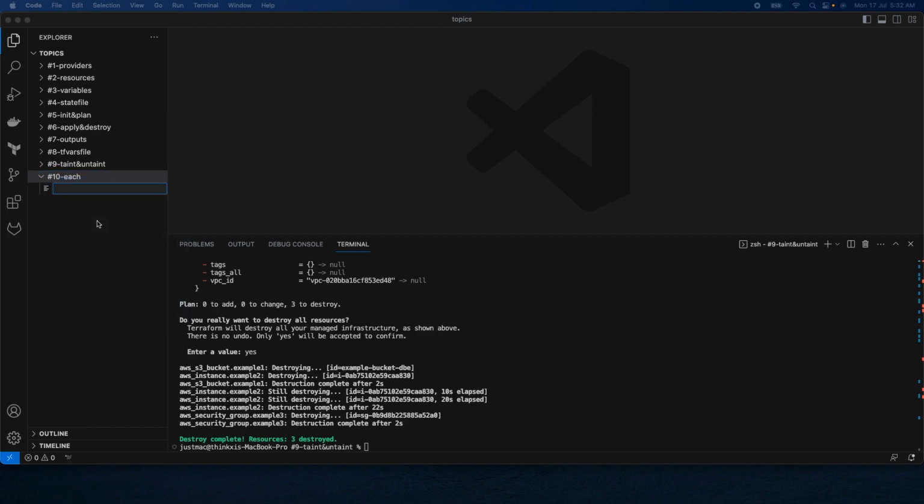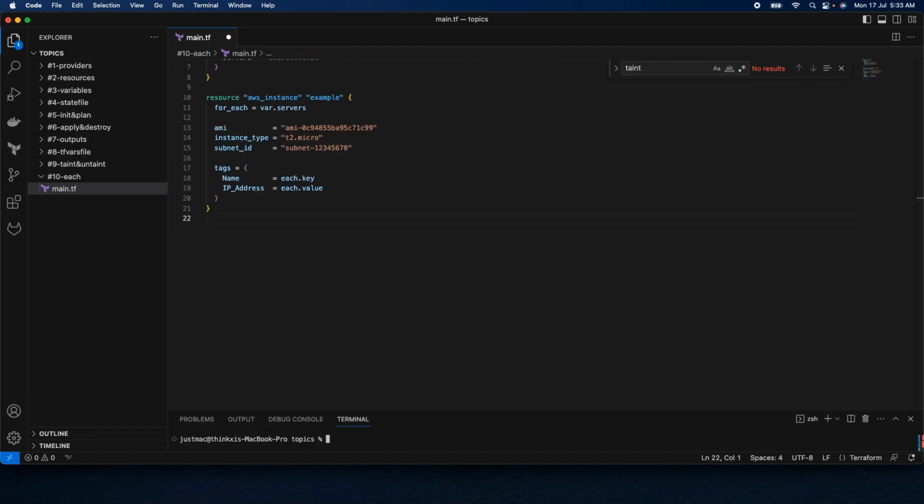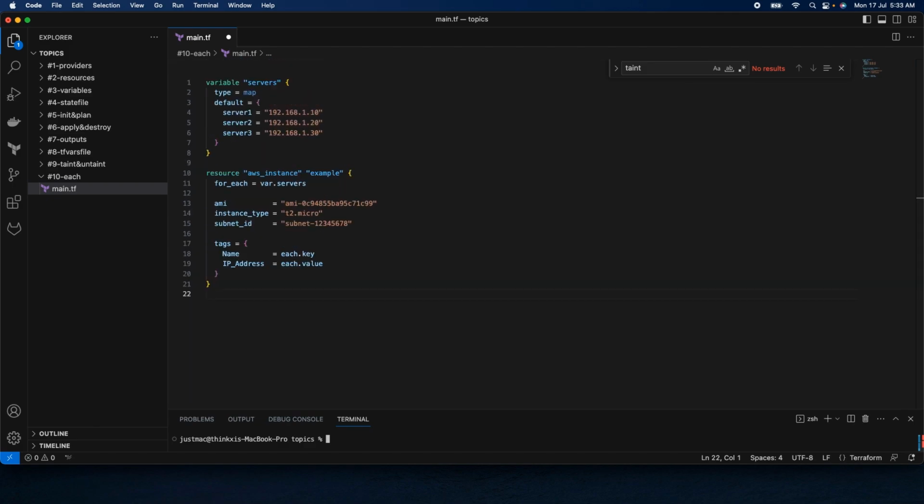We'll create a new file called main.tf. Let's see how to use the for_each expression with resources in Terraform. In this example, we have a map variable named servers that contains the names and IP addresses of multiple servers. In the aws_instance resource block, we use the for_each argument to iterate over the servers map variable. This creates multiple instances of the EC2 instance resource based on the map keys and values. Within the resource block, we use the each object to access the current key and value. In the example, we assign the name tag with the key and the IP address tag with the value of